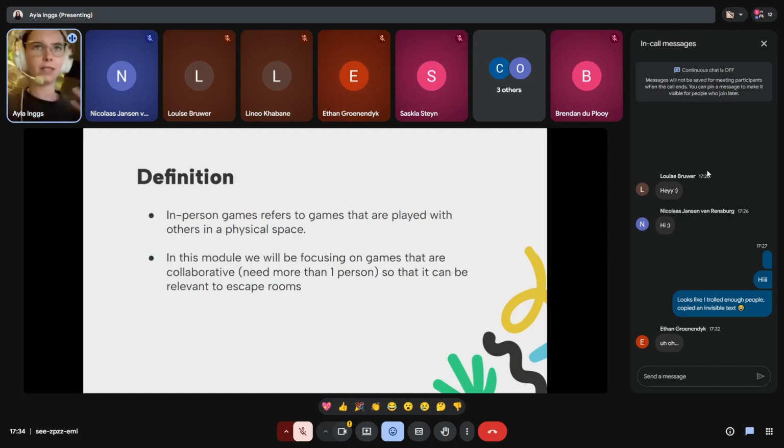You do obviously get in-person games that maybe just one person will play, but instead we're just focusing on the collaborative ones because we're doing escape rooms. Stuff that we discuss about collaborative games makes more sense, especially with the context of escape rooms. So just a little precursor or warning towards that.